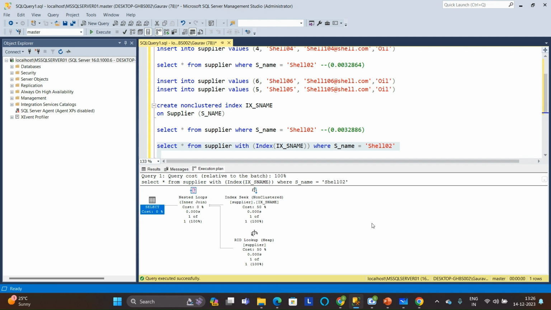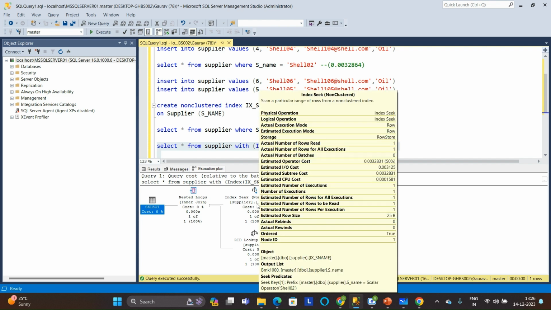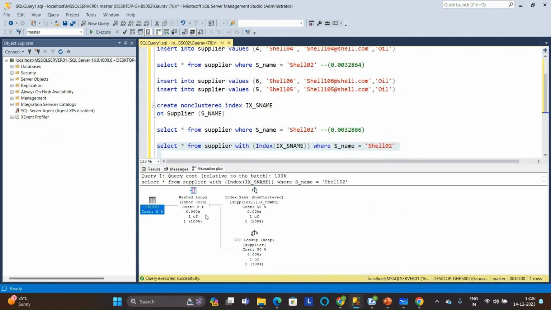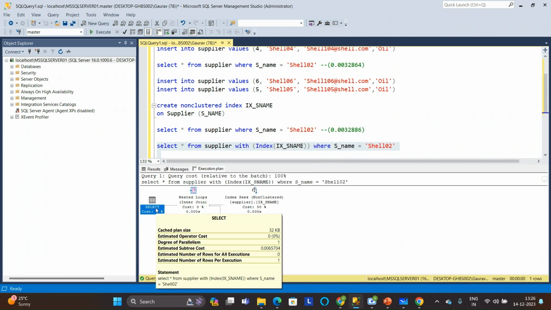So now you can see it has taken an index seek approach, which is a non-clustered index seek, in order to generate the output, correct? Because we have explicitly mentioned that it go with the non-clustered key that we have created. And here, if you see, the actual number of rows read is 1 because we are going through this index, and the actual number of rows for all the executions is also 1 since the output is 1, correct? And then it is using some RID lookup, and then based on the inner join, it is finally giving us this select, which is taking time, which is